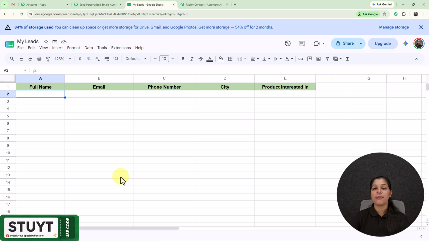Are you the one who is manually sending emails to your leads? Then let me quickly show you this magic. So here I will be making a new entry over my Google Sheet, and afterwards we will see the magic